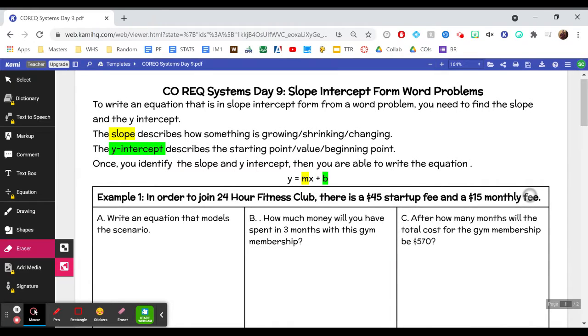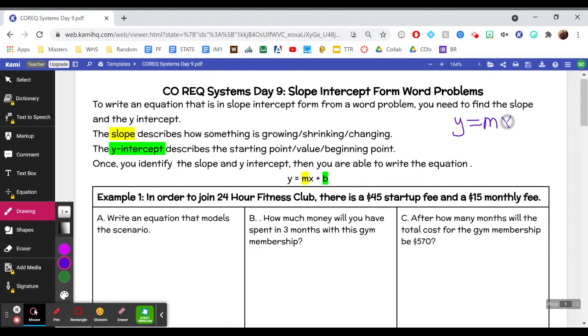All right, so we're going to go ahead and do the next lesson, which is on slope-intercept form word problems. So we're going to get a word problem. We're going to create an equation, and we're going to answer questions based on that equation. Okay, our equation will be in slope-intercept form,